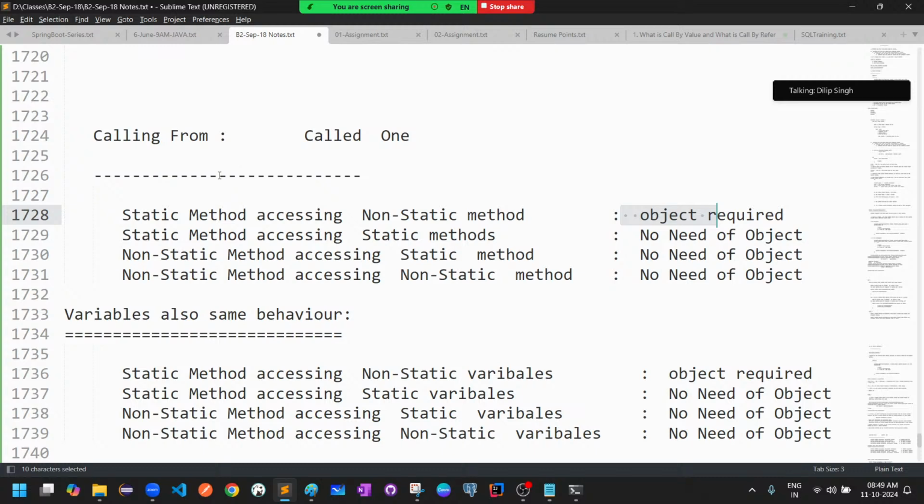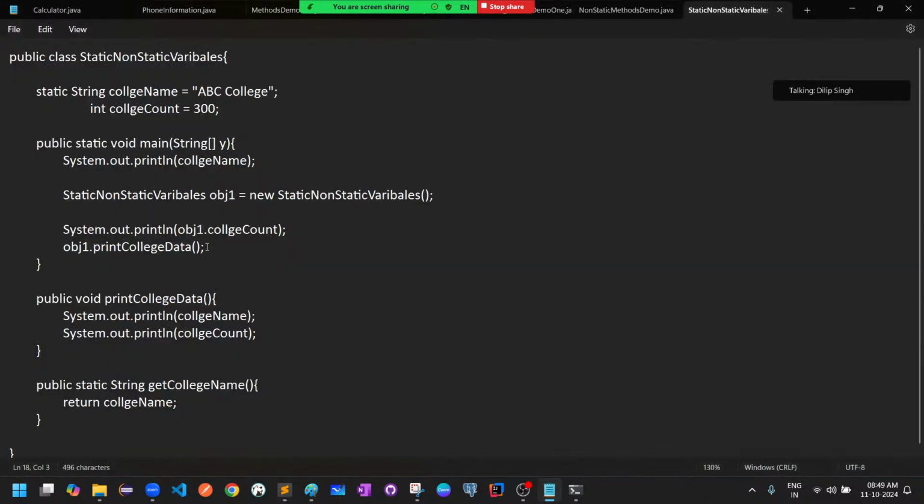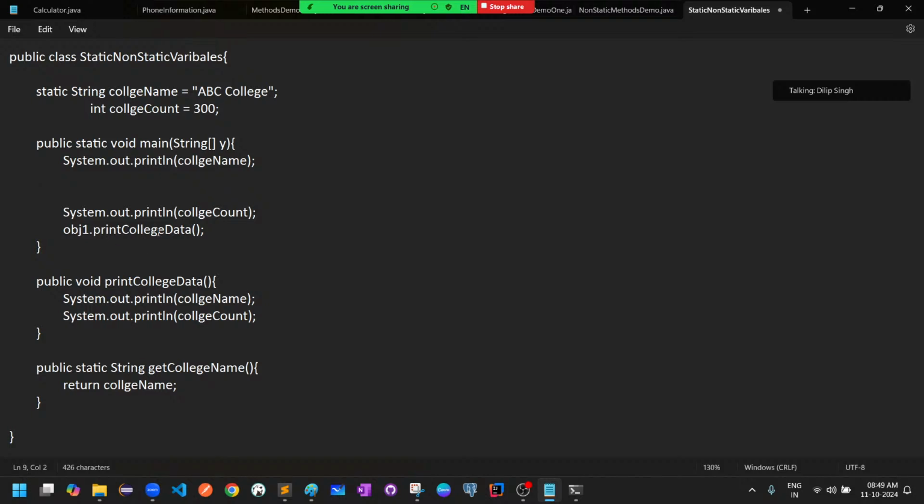Only thing is, just remember these rules. Whenever you are writing a small program, now still I am seeing a lot of students, if I give this same small program and ask them, could you please identify what corrections I have to do? I generally give this program to so many people, and I ask them,